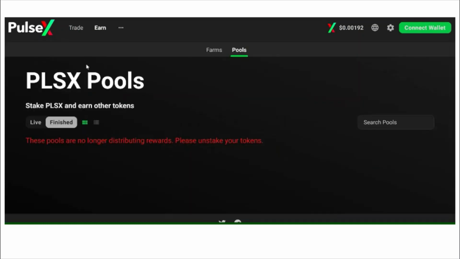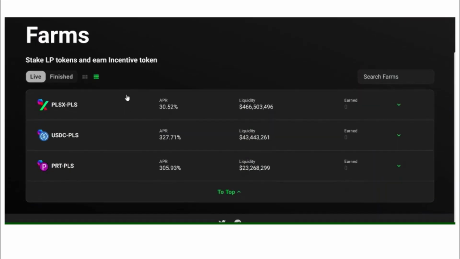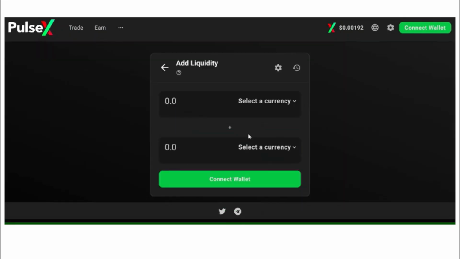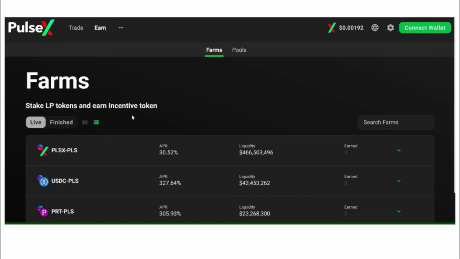And so now let's go to the farms. So the farms are kind of, remember how we were talking about you getting the PLP token by providing liquidity? So remember this one here where we said that you get liquidity and then you get a PLP. So then you take that, what do you do with it? You take it to the farm